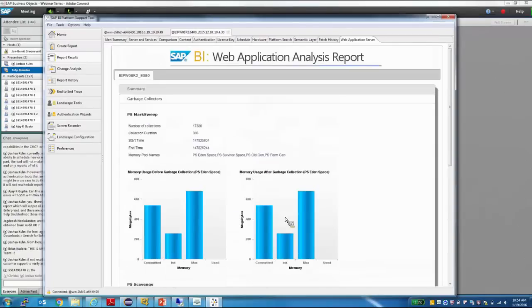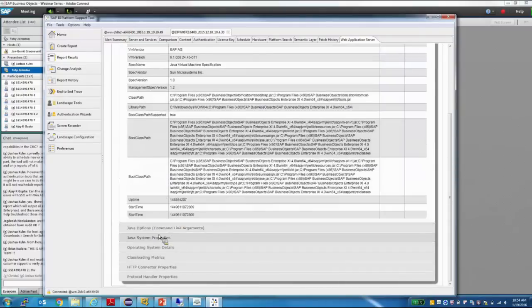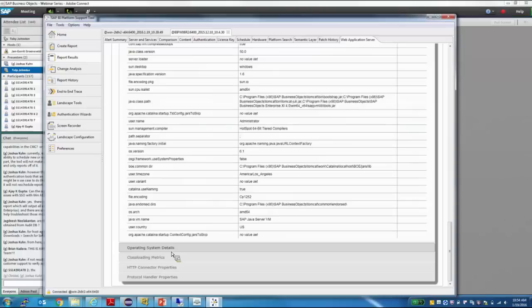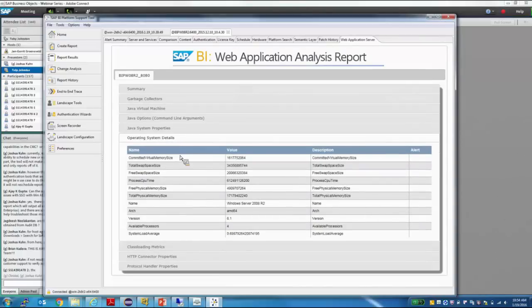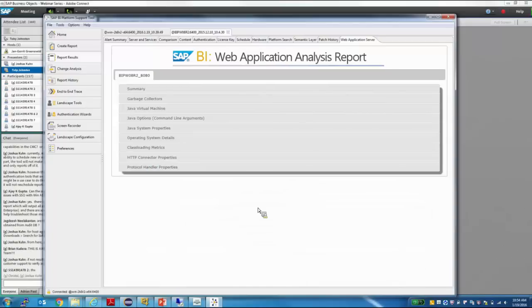This isn't a trending type of data. The garbage collector information, JVM settings, Java options, Java system properties, and then OS details from the perspective of the JVM running on that host, and then the other various connector properties for the Tomcat server. Now, this was initially designed against Tomcat, although it should provide at least the non-Tomcat specific information from other application server types, because they all support the JMX and J2EE